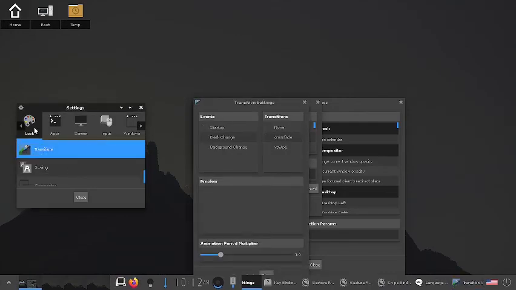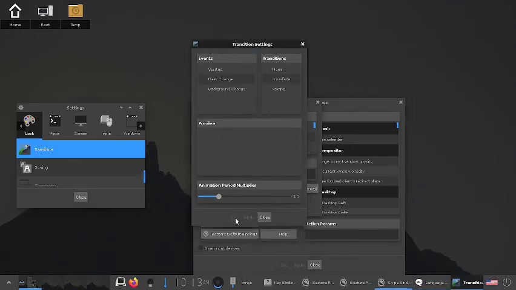And this is the settings for the transition. So we are in the look settings, system look, and here you can do the transition settings for the startup, desk change, background. So if you change the desk or the workspace, then there will be some transition. So there are 3 transitions available: none, crossfade, and the V swipe. Maybe you can add some more transitions also. I will not check that out, but there is a possibility it is available,